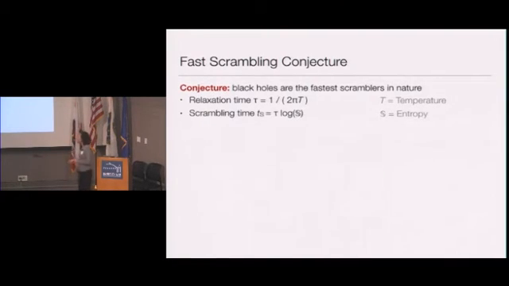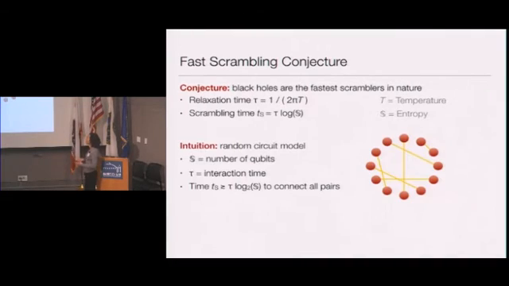So this is where we come to this conjecture. The conjecture is that there's a particular time scale that's the fastest that information can possibly scramble in any system. And that time scale is essentially set by the log of the entropy of the system. Okay, and the intuition why it should be set by the log of the entropy you can think of by